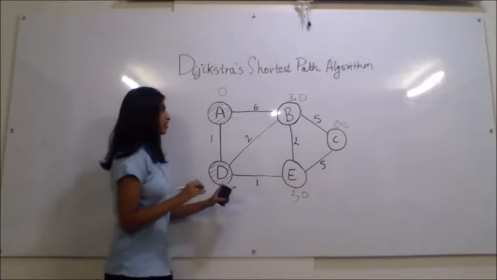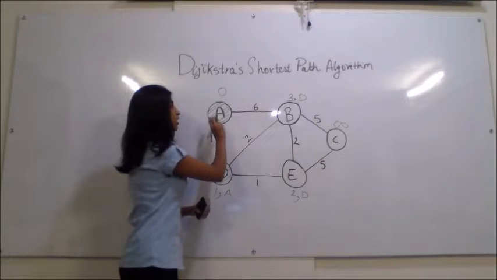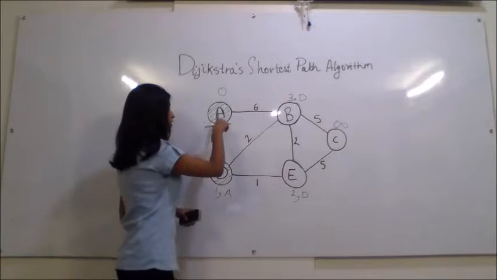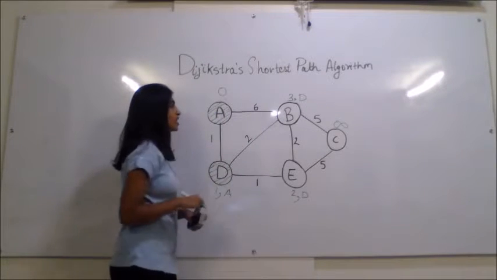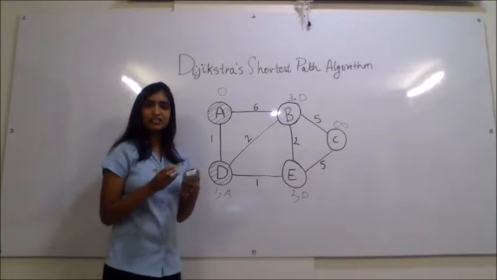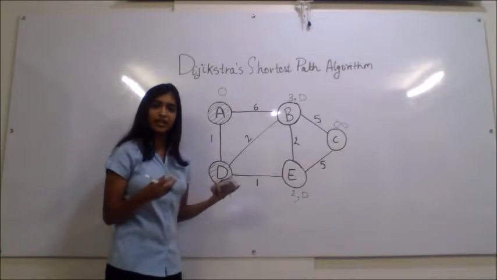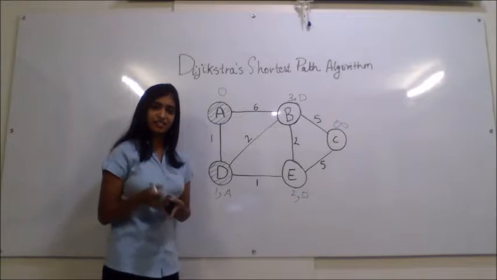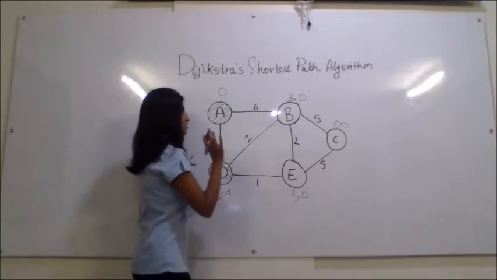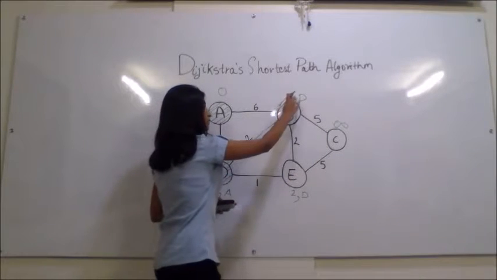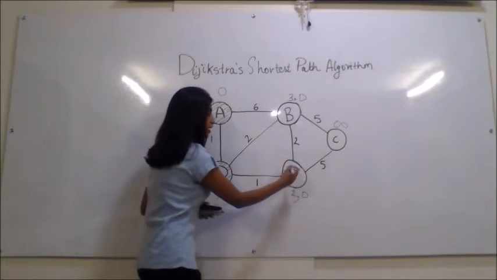So what happened here is that initially I had a path AB, which had a distance of 6, but now I have a path ADB, which has a distance of 3, which is less, and hence it's the shortest path. So that's what Dijkstra's algorithm will keep doing at each iteration. If it finds a shorter path, it will update the distance values. Alright. Now my white set contains 3 vertices. The minimum is 2, so I extract E.